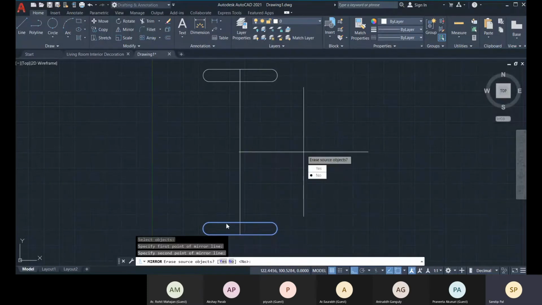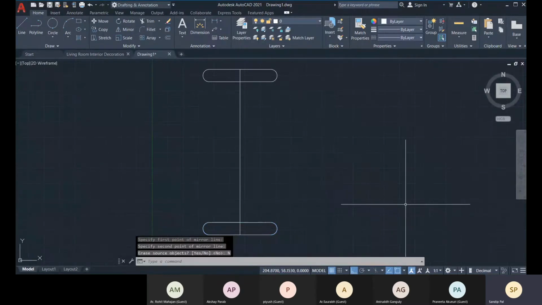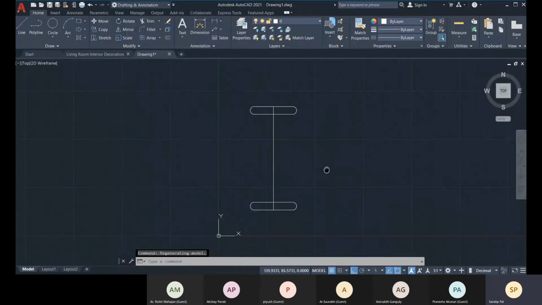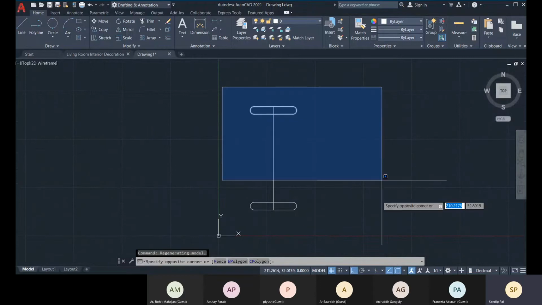Erase source object? No, I need this. If I only needed to mirror it, then I would erase it, but I need these two, so I'll press no here. So this is the function.